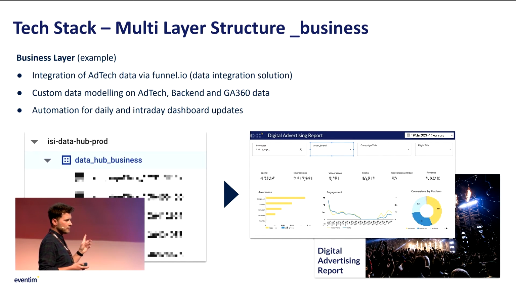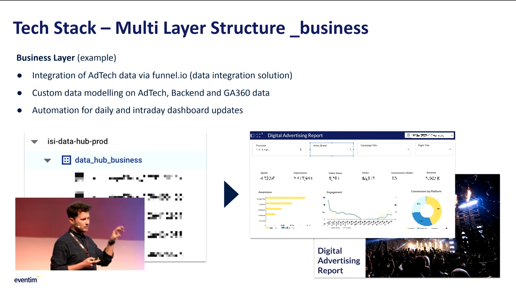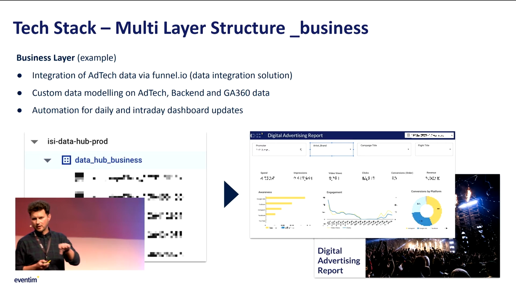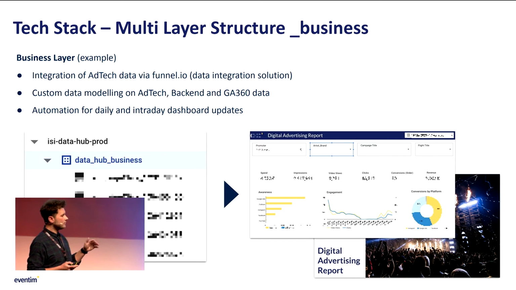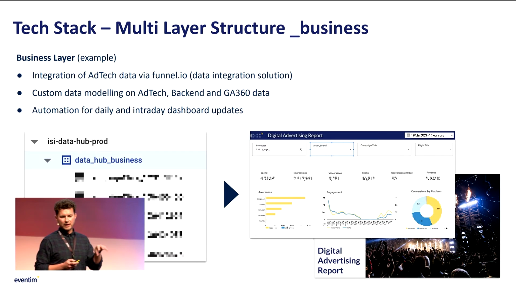But all the different platforms, you might know it, have different attribution windows, different attribution campaign timeouts, all this stuff. It's a mess for marketeers, because you see so many conversions in Facebook, you see this in TikTok, you see this in Outbrain, and coming to the end, you have like 500% conversions, which is not the truth. So in the end, we said, okay, we need to model it on GA data, because this is what we rely on.